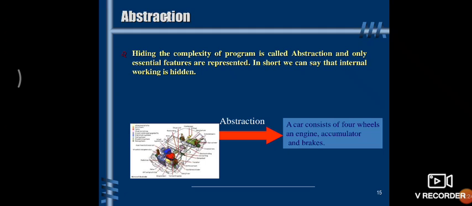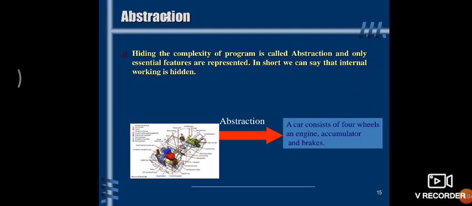So an end user comes to the ATM, and he does not have to know what the software architecture of that ATM machine is, or what kind of programming language or software development methodology has been used. He has to do only one thing: he will come, insert his card, put in his number, take the money and go. He does not have to deal with its internal architecture. It means you travel by train, but you don't have to know in what way they have made the engine or the entire wagons of the train.